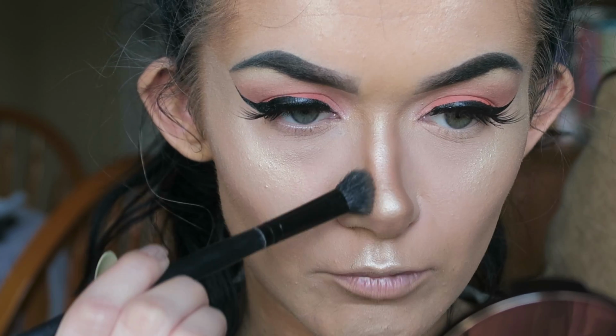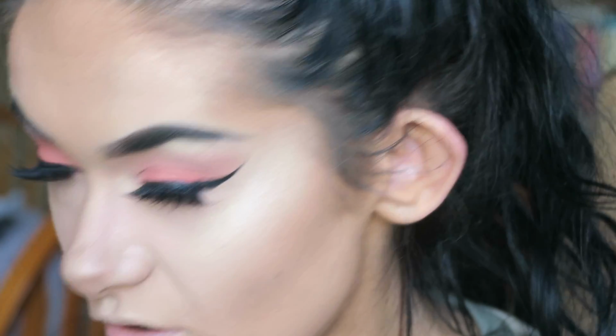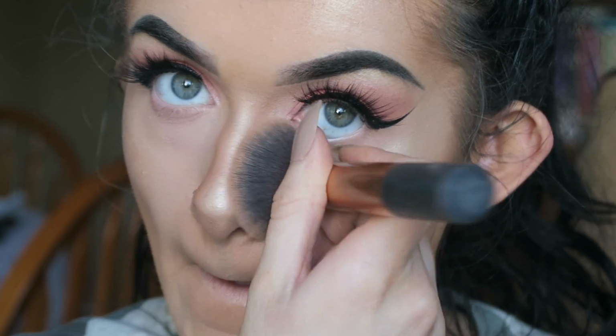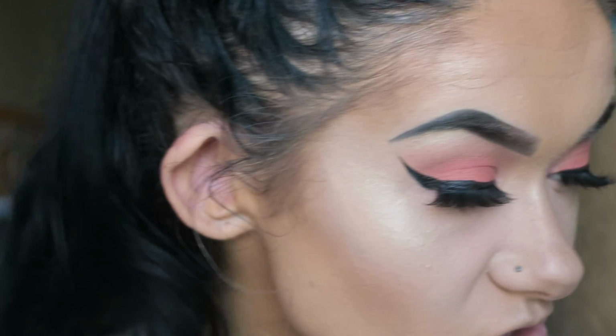Otherwise, I feel the face looks really flat if you don't contour your nose and you contour around the rest of your face. I just feel like it brings the whole look back together. And then I like to just go over that with my powder brush just to make sure there's no harsh lines. I'm then just going to be taking that same bronzer and I'm actually going to use a different brush